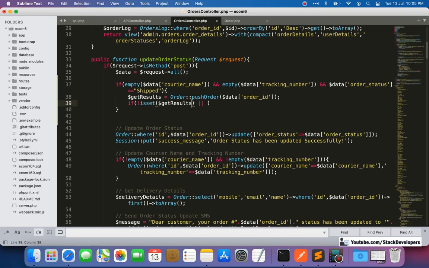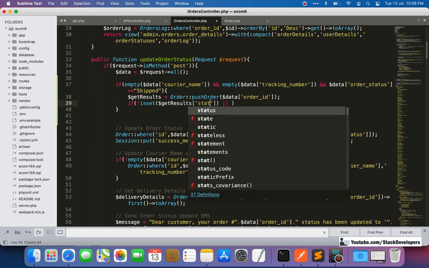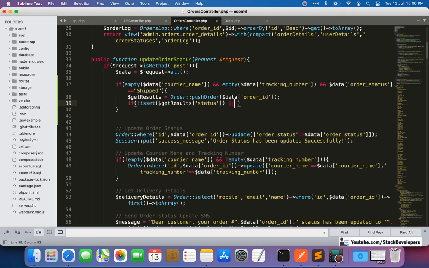I will just compare the status, not the complete result array, only the status.